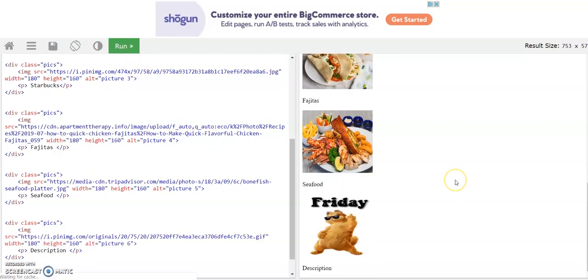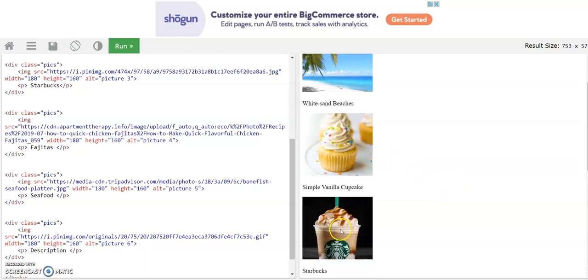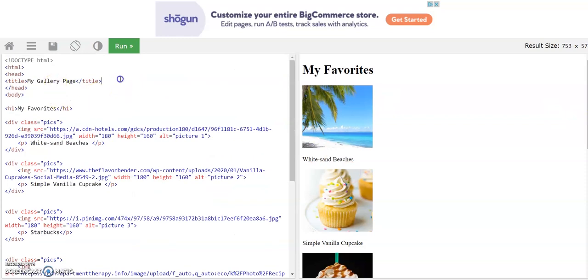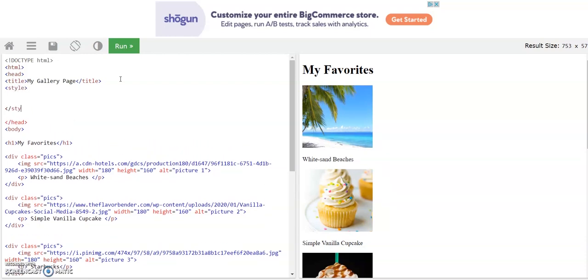And then run. Okay, so now I have pictures that are stacked on top of each other. To make sure that they flow, we are going to add our style. Just under your head title tags, you put style. Make sure that you end that style tag so that you don't have an error afterwards. And because we've used a class here, that means we are going to call or refer to it with a period. So period pics,